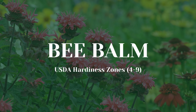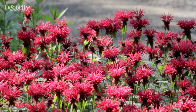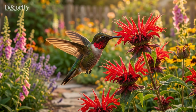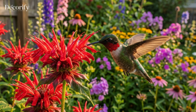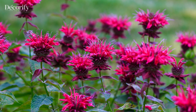Balm is one of the most dependable perennial flowers for attracting hummingbirds. Its brilliant red, pink, and purple blossoms are filled with sweet nectar, while the unique tubular flowers are perfectly shaped for hummingbirds' long beaks. Blooming from early to late summer, Balm provides a steady food source during the busiest gardening